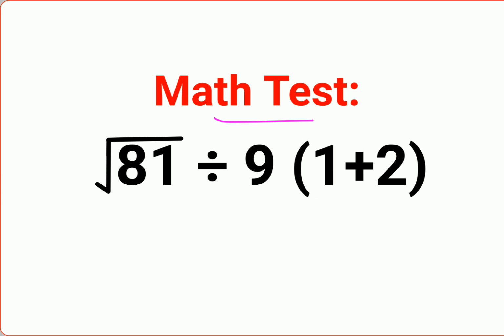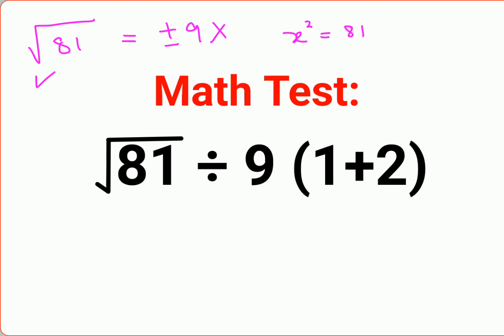So now when you have something like this, a lot of people mess up because they think that root of any number will always get you an answer in terms of positive and negative 9. That is incorrect. This situation can only happen if you had a variable x square equal to 81, and when you take square roots on both sides, when it is equal to a variable, at that time only the answer will be in terms of plus minus. Now since here the root is of a number which is positive, the answer will be positive only.